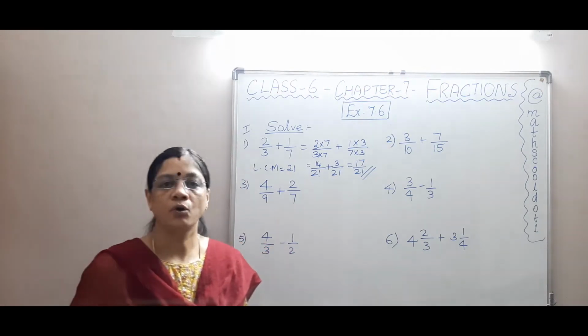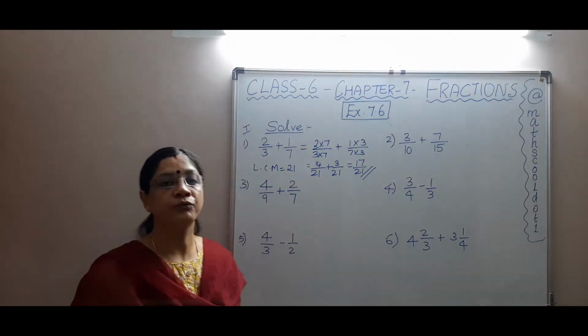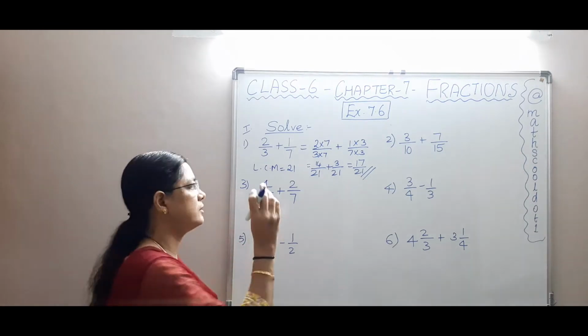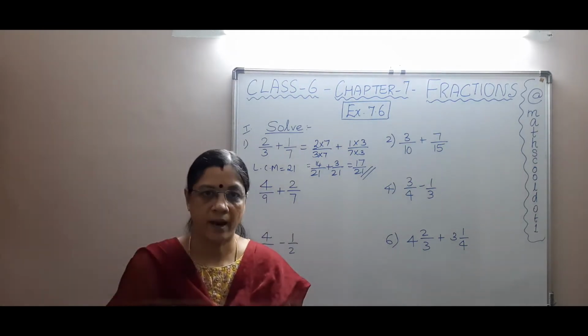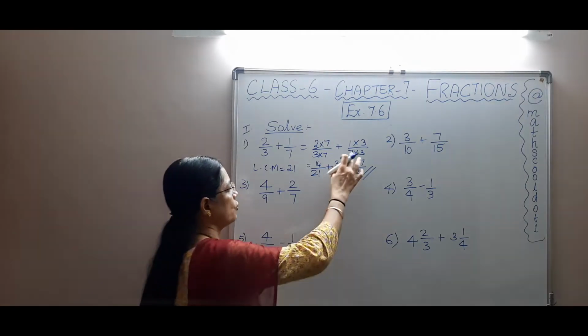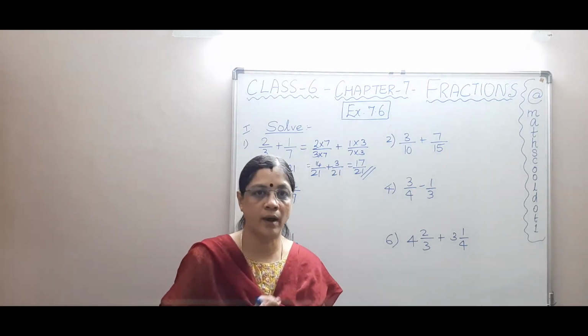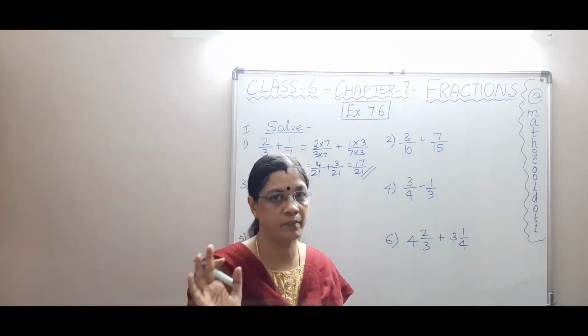Do you understand? We need to find the LCM of the different denominators, make the necessary changes in the numerator, and then just add and put the same denominator. Please do remember, you need to put the same denominator. Please don't add or subtract the denominators, it will be wrong.